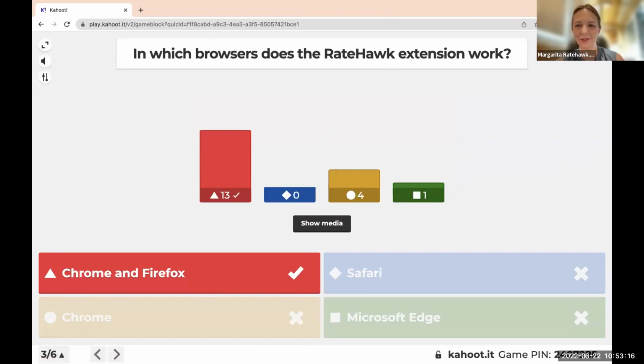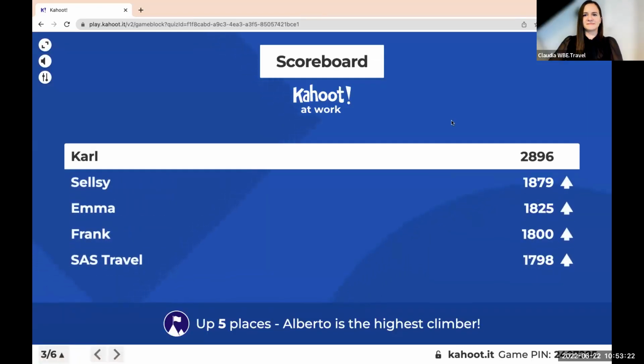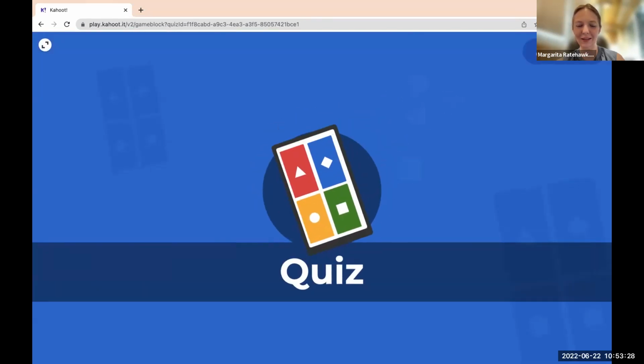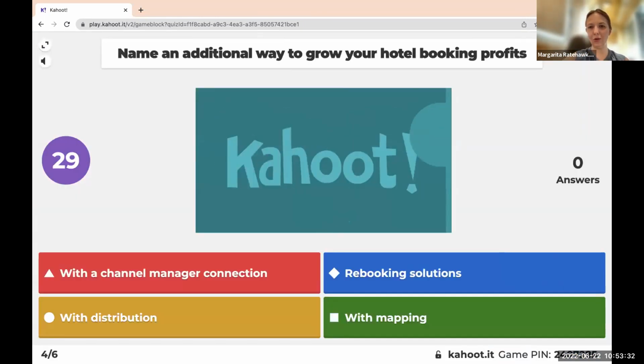Again, 13 people gave the correct answer, and Carl continues to be the leader, then Celsi and Emma. Let's move to the next question. Name an additional way to grow your hotel booking profits. It's a tricky question.